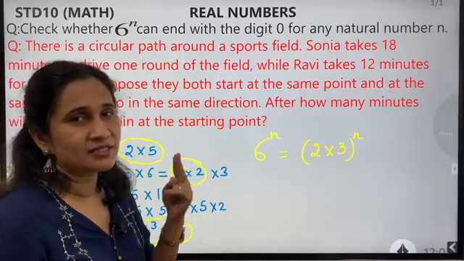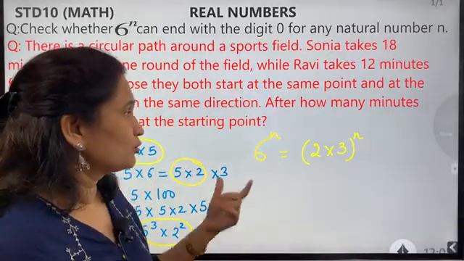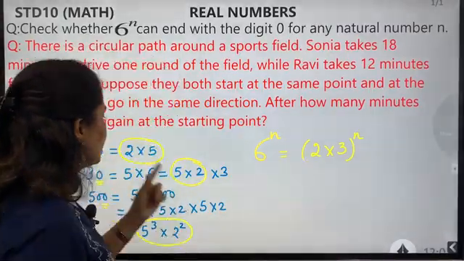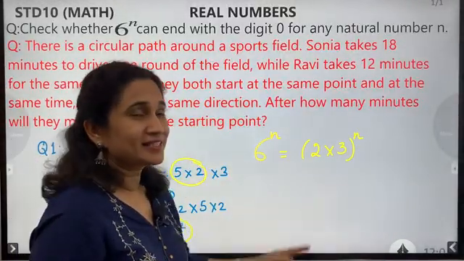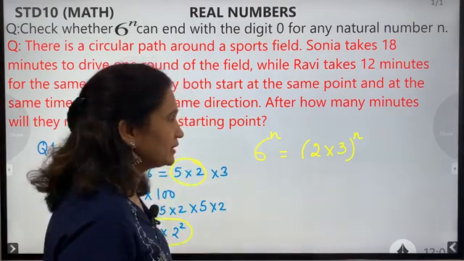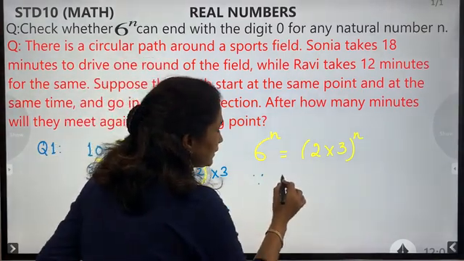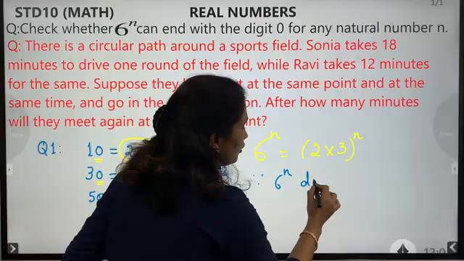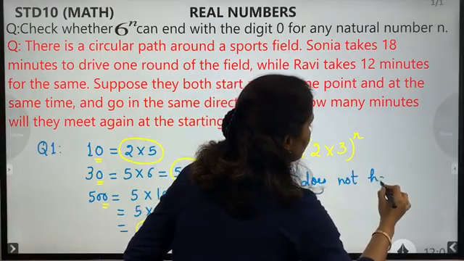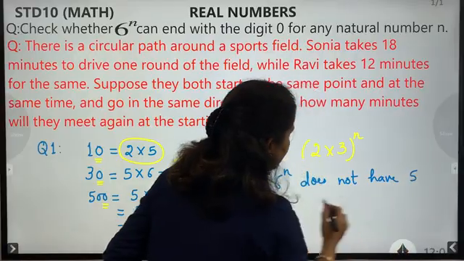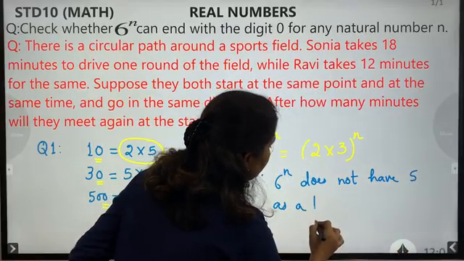Without that, the last digit will never be 0. So what explanation do you give? All these numbers had 2 and 5 as their prime factors, whereas 6 has prime factors 2 and 3. So since 6 to the power n does not have 5 as a prime factor,